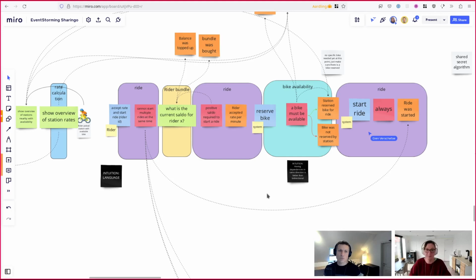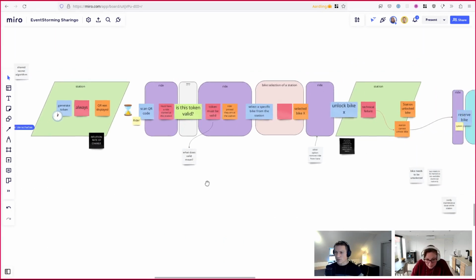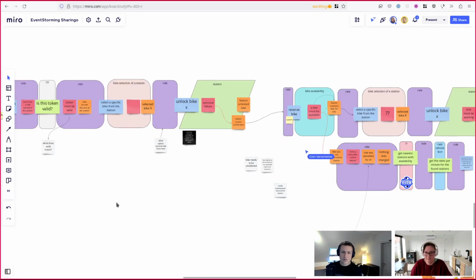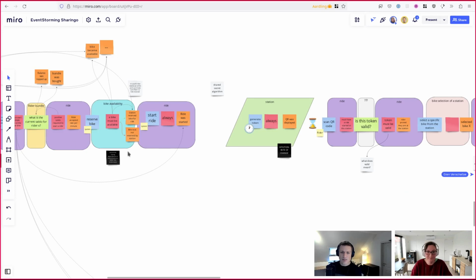So that's why we've put that in between. This flow here is when there was a technical failure. And then we had a different kind of flow. But I agree, maybe in this particular flow, we can get rid of some of it. But at this point in time, in the beginning,